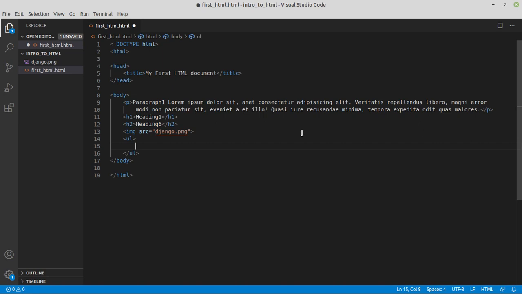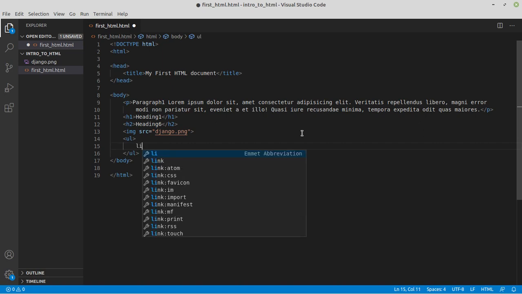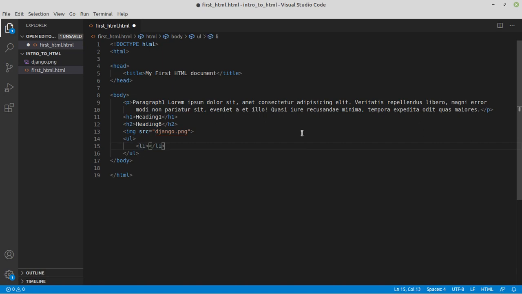UL means unordered list and list item means LI. So inside an LI tag you can say item 1, and then you can select it, copy it, and paste it down here, down here, down here. The second one will be item 2, third is item 3, fourth is item 4. That is going to create an unordered list for you.